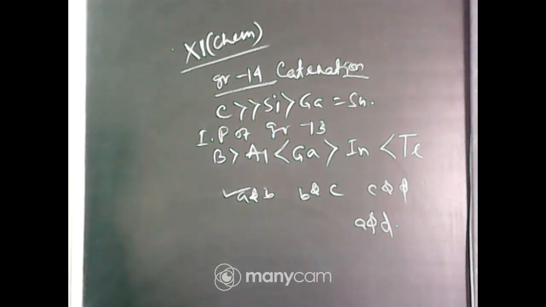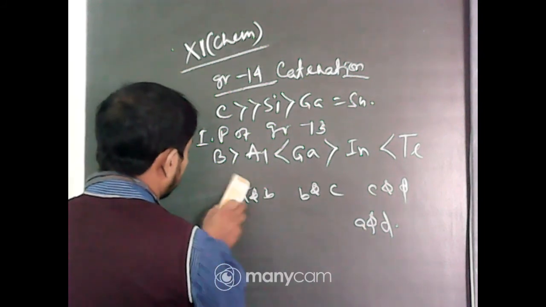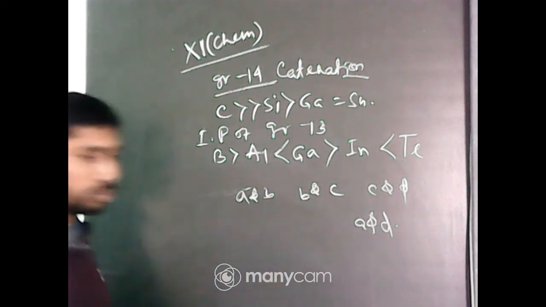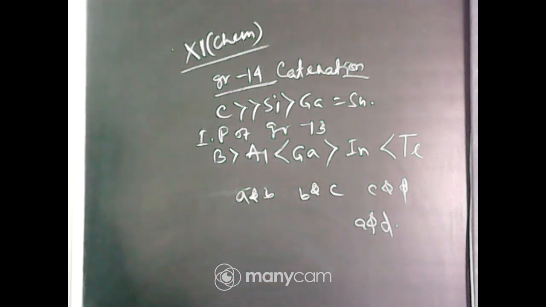Here also the options are like that, A, B, B, C, C, D and D, A. So you have to check carefully, as these are 2 marks questions. So first one, sp3 hybridization of carbon, it is not correct. B, sp hybridization, if you go through the hybridization, it is sp hybridized, and p-pi bonding between carbon and oxygen. So B and C is the correct one. So you have to find out the correct option from the ABCDs.